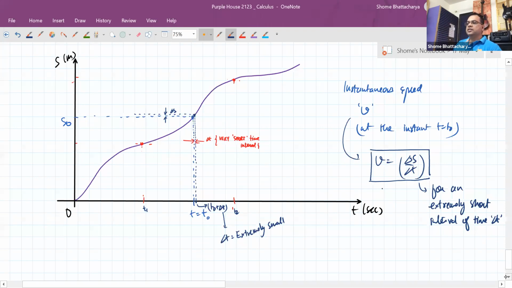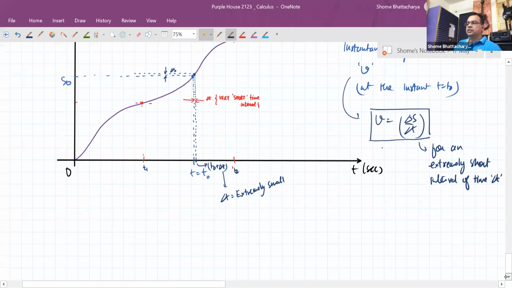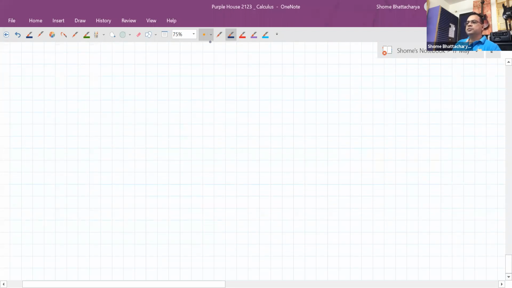Okay, so to understand this whole problem a little bit better, the difference between instantaneous speed and average speed, let us go back to Newton's time. Sometime around the late 1600s, when he invented the concept of gravity, or you can actually say he discovered gravity. So let's think about his line of thinking during that point of time.